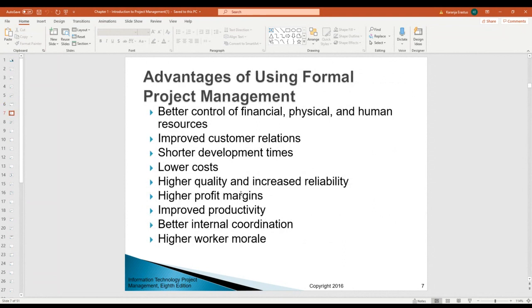If companies are using project management, we say project management is a formal way of doing things. It'll give a better definition of project management. But we are saying that if companies use project management, then they have better control of their finances, their physical, and also human resources. Human resources is the human beings who are working in the project. So you treat